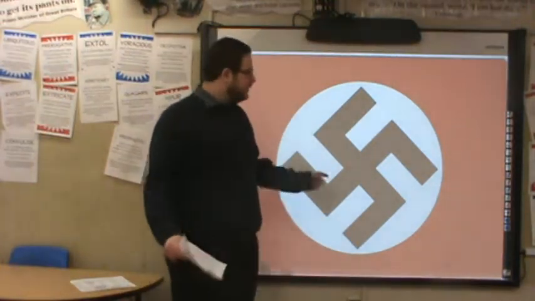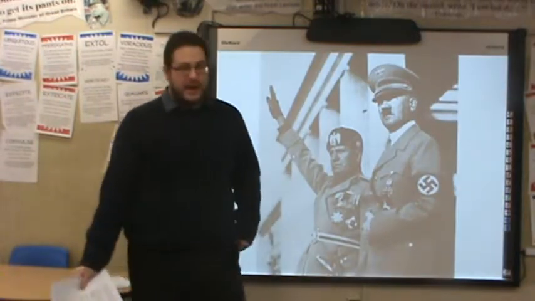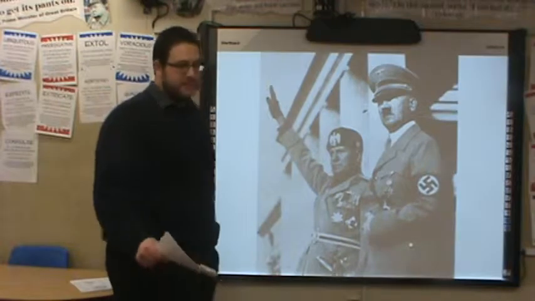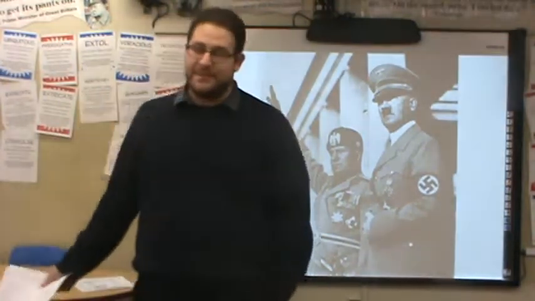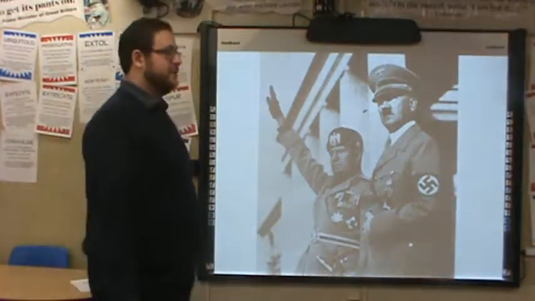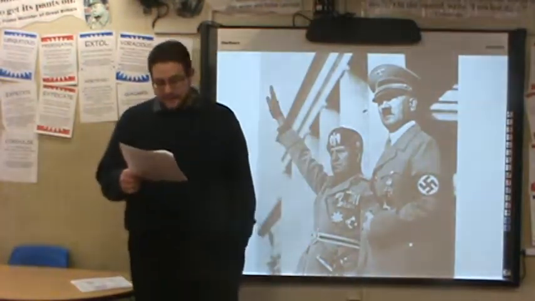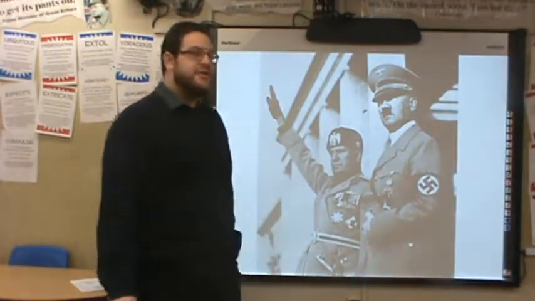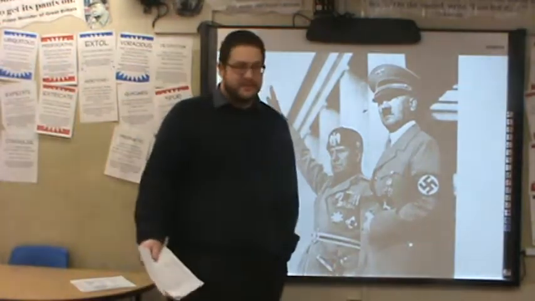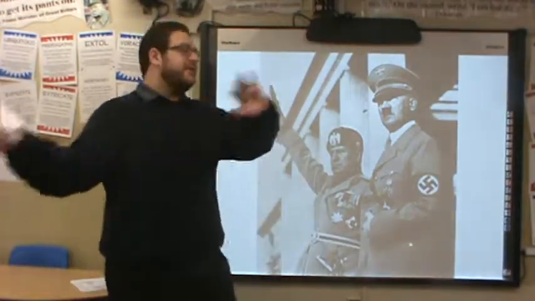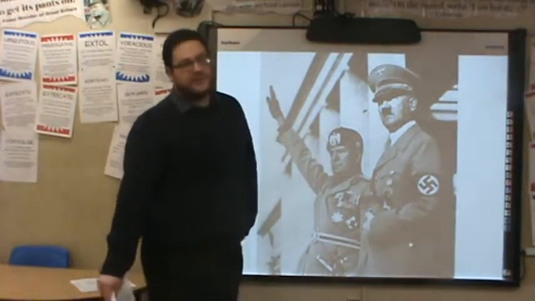In 1936, Mussolini and Hitler formed an alliance. It was known as the Rome-Berlin Axis because that's the capital of the two states involved, Germany and Italy. And Mussolini and Hitler signed a treaty of mutual defense, a treaty of economic cooperation, and it's known as the Rome-Berlin Axis. On the other side of the world, Japan is also